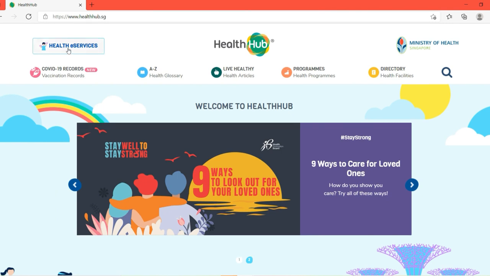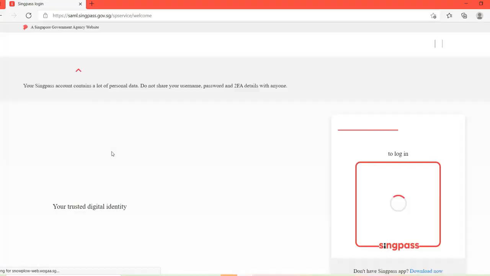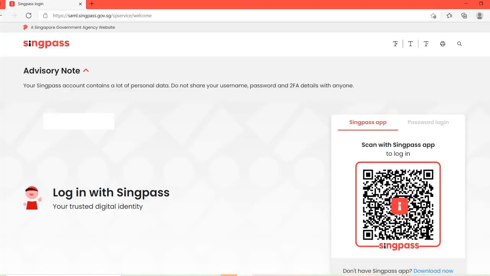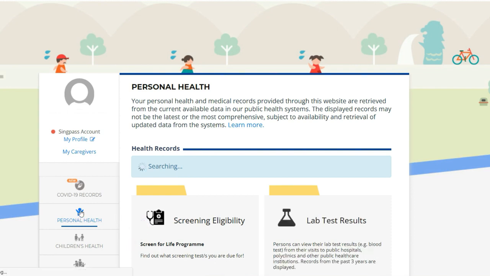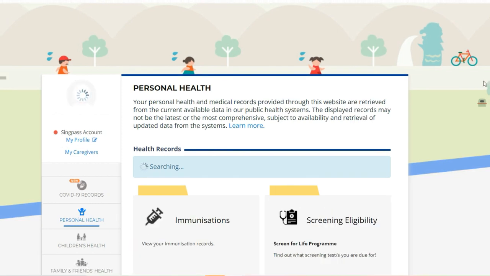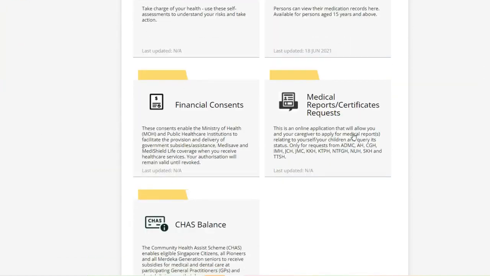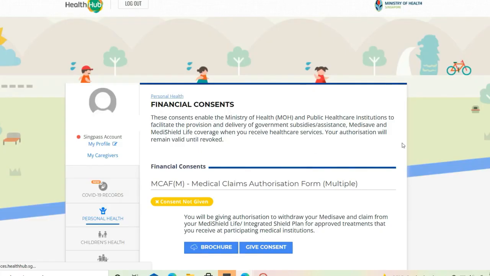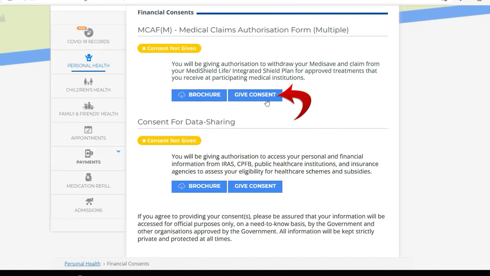First, go to the HealthHub website. Log in using your SingPass. Under Personal Health, you should be able to find Financial Consents. Click the Financial Consents. If you have not signed your multiple MediSave form before, as shown in yellow, select Give